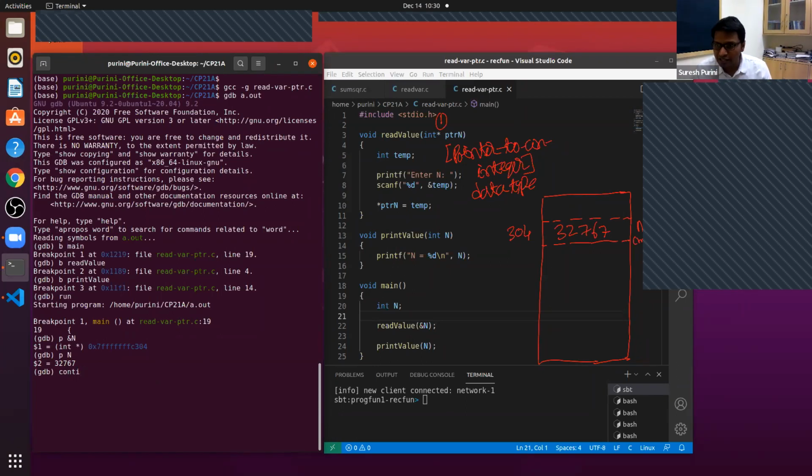For some reason it is 32767 here, but that's not guaranteed, and that is not the point of this exercise, so don't worry about it. Now when we say continue, the instructions of main will execute. And where do you get a break again? In read value. Excellent.